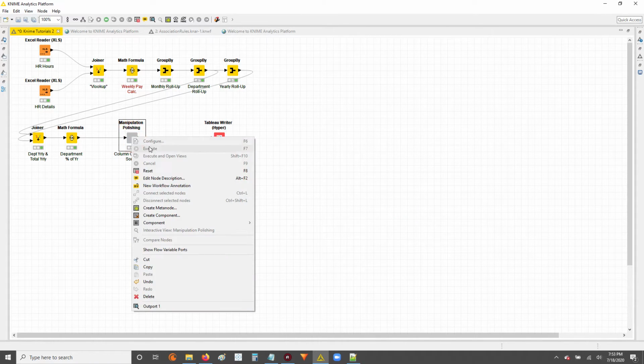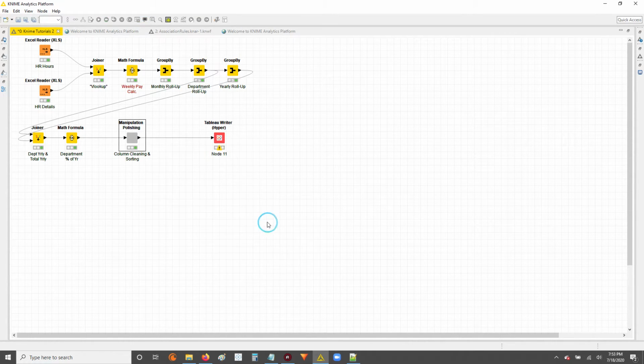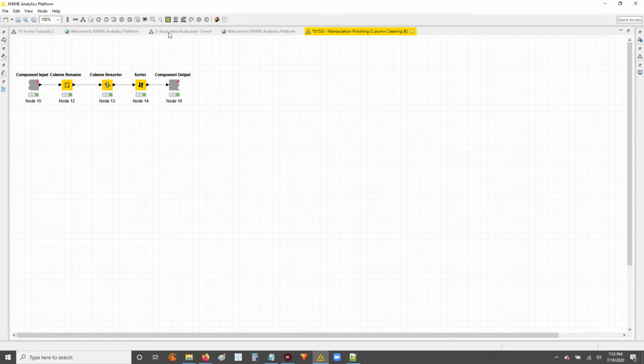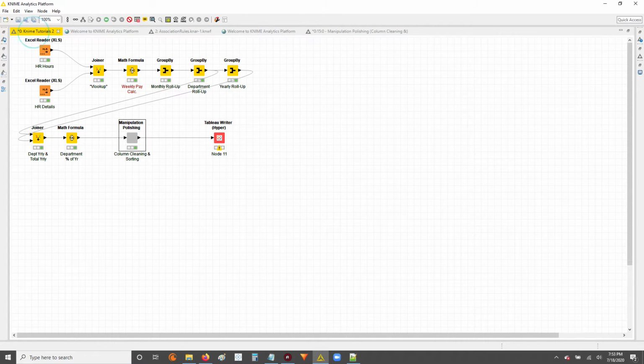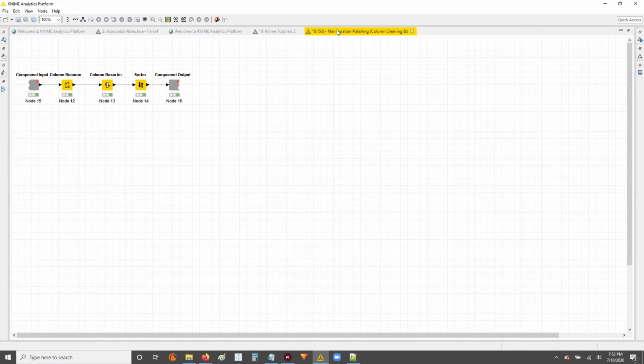But what we're going to do is I'm going to show you, just like in the notes, we're going to open this up, click open, and now let me move this tab over where we were doing our work. So if you look at this component node that we've created, when we clicked open, we've got this new tab where within the component you have the three nodes we originally showed there grouped,